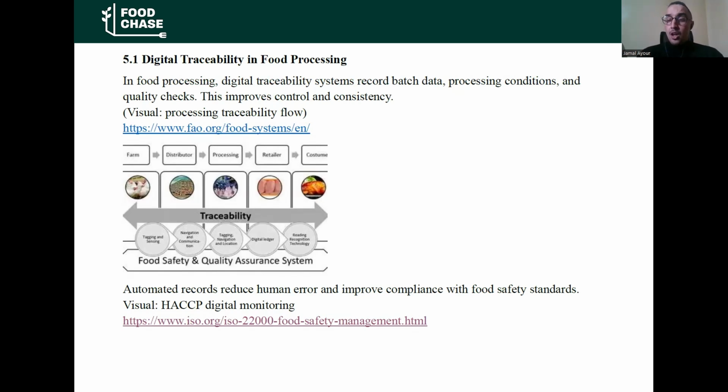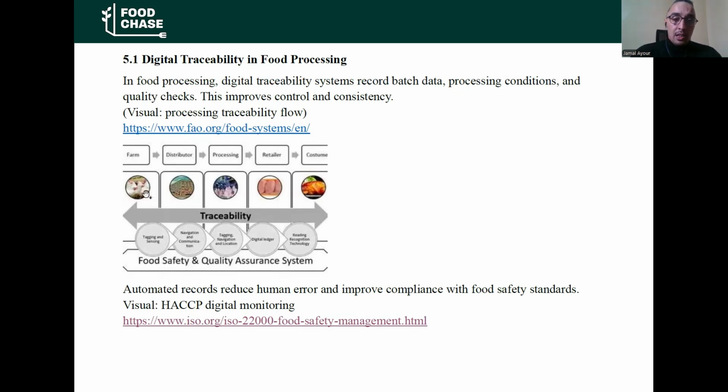With this application, these tools enable data collection at any stage of manufacture or production, as you can see in this picture, and also provide food safety and quality assurance systems, such as from farm to consumer.